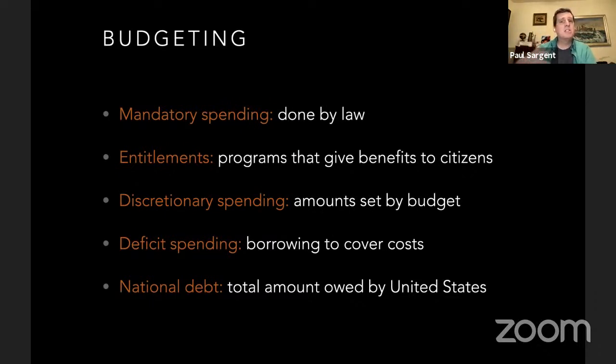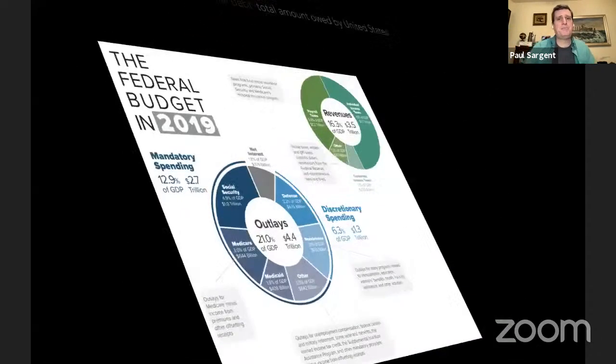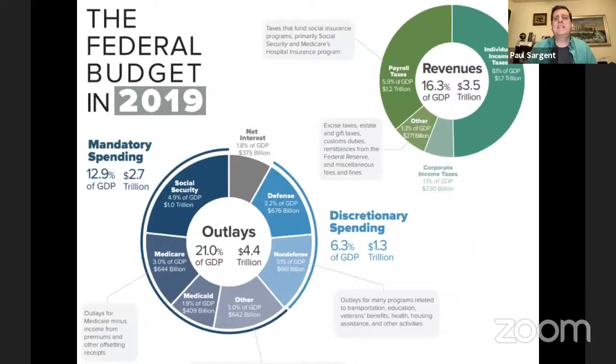There have been years in which we've been able to have a surplus where we've actually brought in more money than we've spent. But the last year we did that was the year 2000. And I don't think any of you were alive back then, so you can tell how long it's been. So I wanted to show you this real quickly. Not that you need to see the numbers or anything like that, but